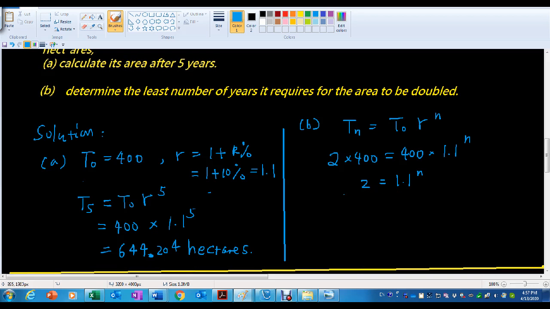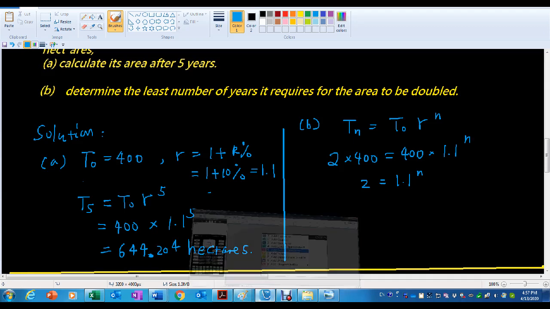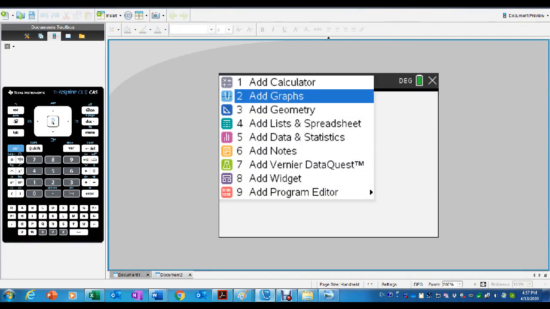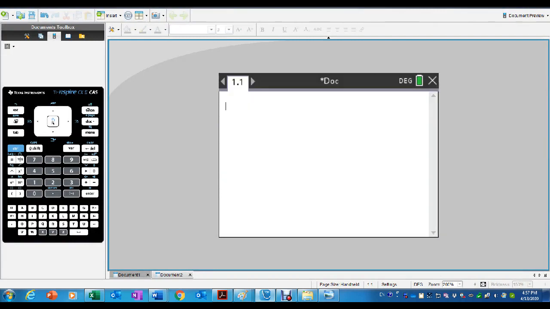Okay, so you need to find the least number n such that 1.1 to the power n will be greater than 2, right? How could we do this? Of course, you can use a calculator to substitute integers into n until it is just bigger than 2. But that's another way to do it. Let's use the calculator, right? In your calculator, you can,